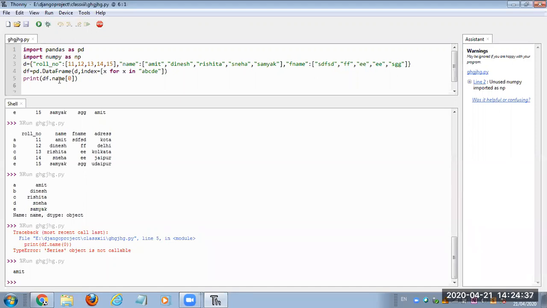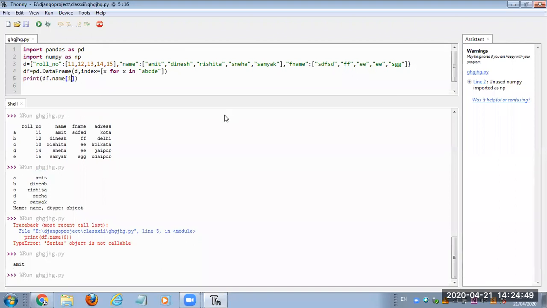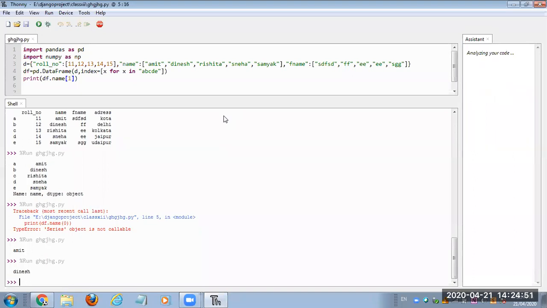So when I write df.name[0], it displays the first element, Amit. If I write name[1], it displays Dinesh, because this is the second value. Here I'm providing the default indexes.